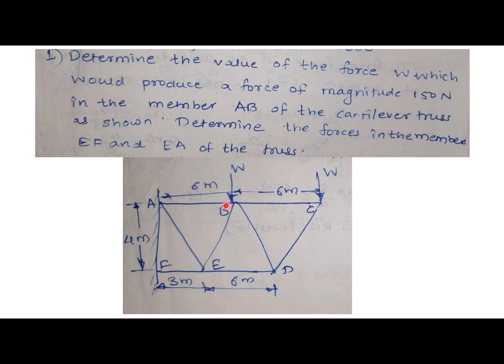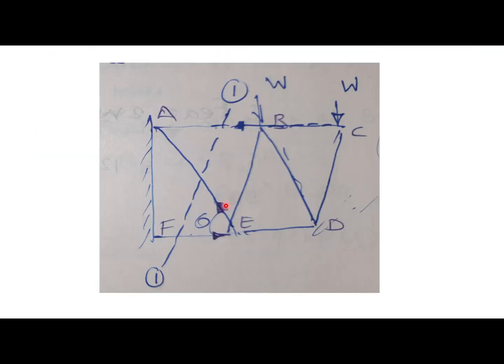So keeping in mind the different points about taking the section, let us take the section 1-1 like this. Here we have kept in mind all the points. It is cutting by making two separate clearly visible parts. Then we have taken the section such that it is passing through the three members. And since we have to find out the forces in these two members, it is obvious that our section is passing through those members to minimize the steps.